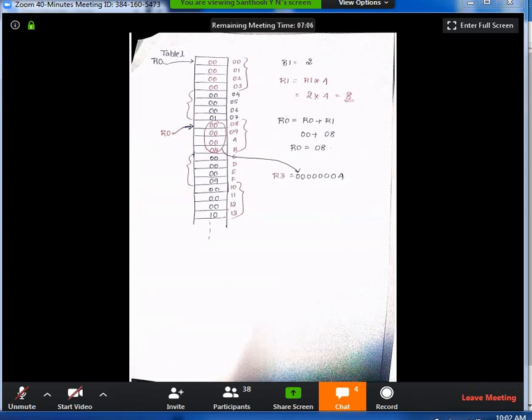You can change the data. Instead of 2 you can give 3 if you want. This data you can change, this 2 you can change. Sir, what if we take 4? Okay, you take it as 4. If you are taking the data as 4, 4 fours it will become 16. So the hexadecimal equivalent of 16 is 10. So this 10 will be loaded. 10 is again a hexadecimal value. Yes, sir.